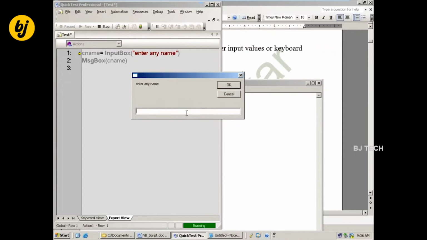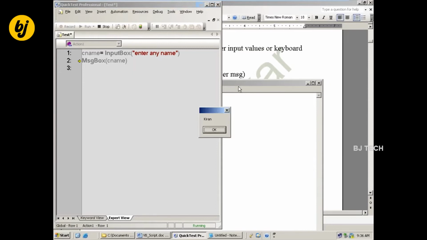Suppose I give Karen and click on OK. When I click on OK, this value will be stored into this variable. Next, I want to display that value, message box of CNAME. When I click on OK, the value has to be displayed. This reads keyboard inputs.